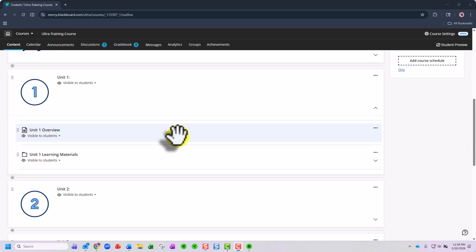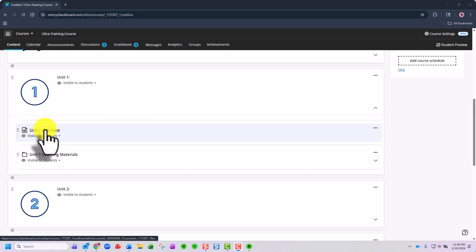In this video, you'll learn about working within a module and what comes standard and what you'll need to add. So the first thing inside a module is going to be the unit overview. Now note the terminology may have changed depending on if you have changed the terminology, but nonetheless, you'll still have